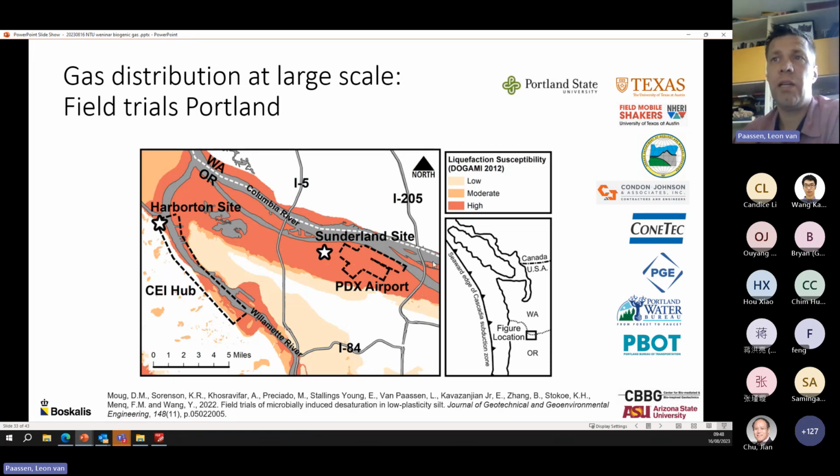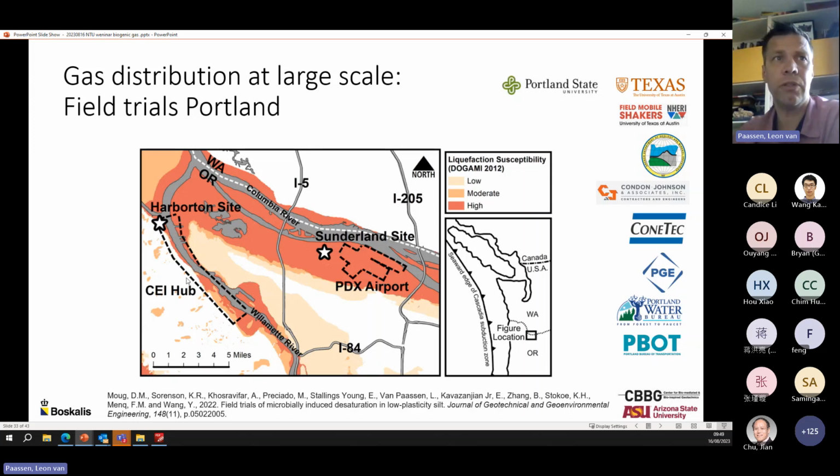So they managed to receive some grants to perform a field trial on this process. And we selected two sites, one very close to the Portland International Airport, and one here at the Harpenden site, which is one of the areas in Portland where a lot of oil storage tanks are situated on a liquefiable sand layer. So they pitched it like, well, if we don't do anything and we get this big earthquake, then